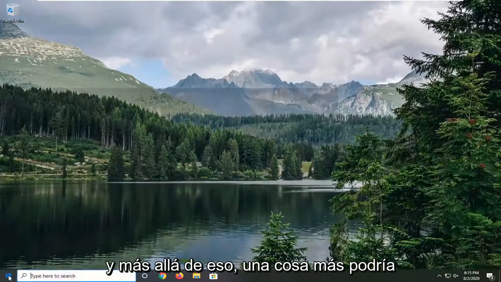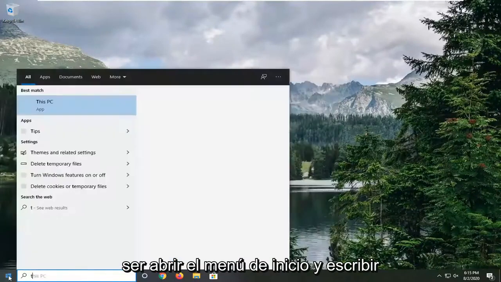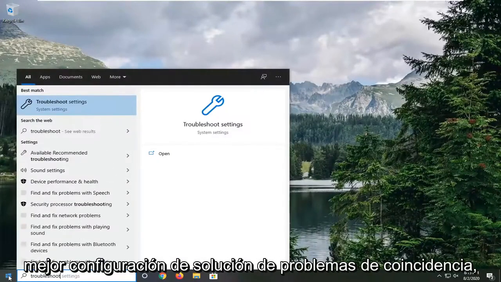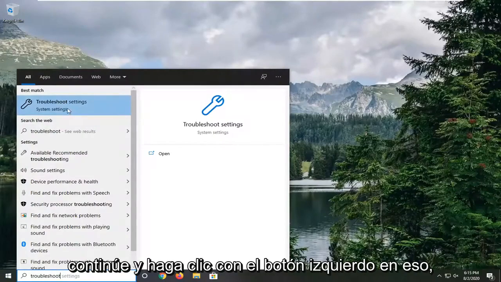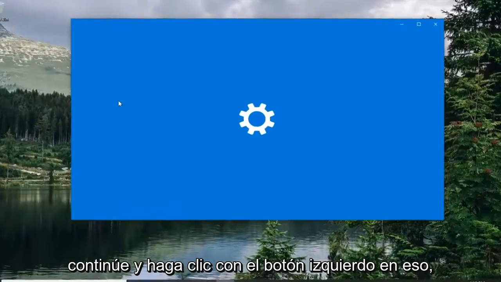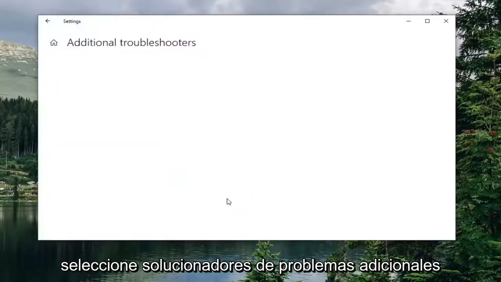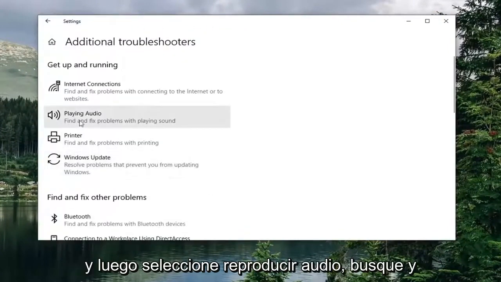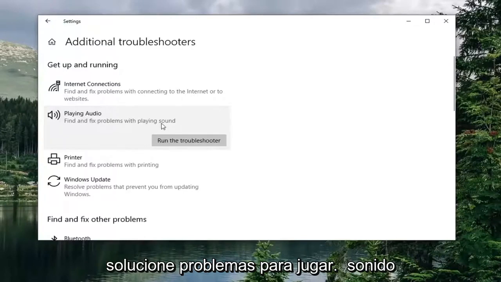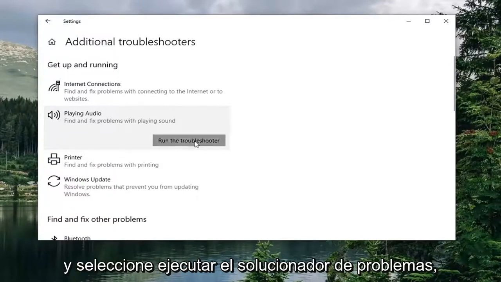Beyond that, one more thing could be to open up the Start menu and type in Troubleshoot. Best match, Troubleshoot Settings. Left click on that. Select Additional Troubleshooters, and then select Playing Audio, find and fix problems with playing sound, and select Run the Troubleshooter.